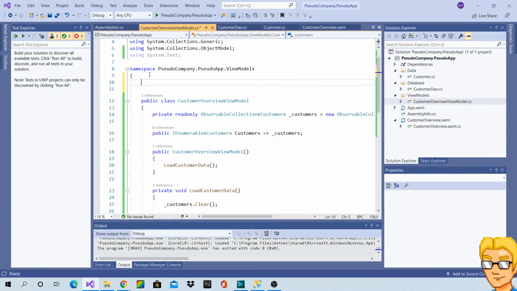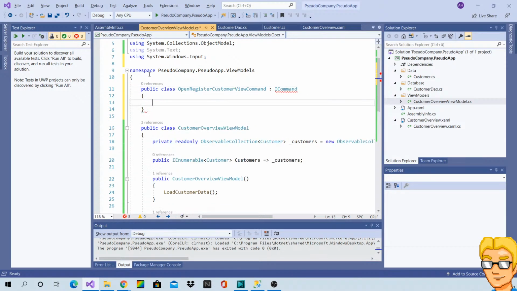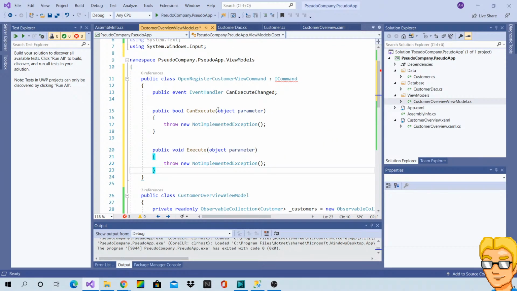Yeah, let's just do that. And it will just always be executable.